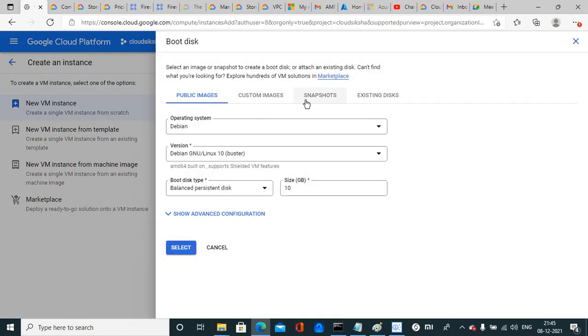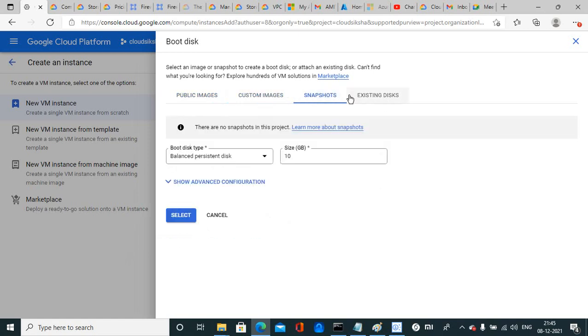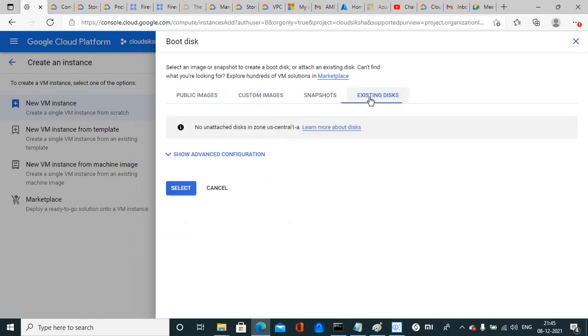OS, you can see three more options here: custom image, snapshot, and existing disk. The existing disk is, you can say, on-prem. You can take a VHD file from on-prem, a hardened image of the disk, and you can put it here.